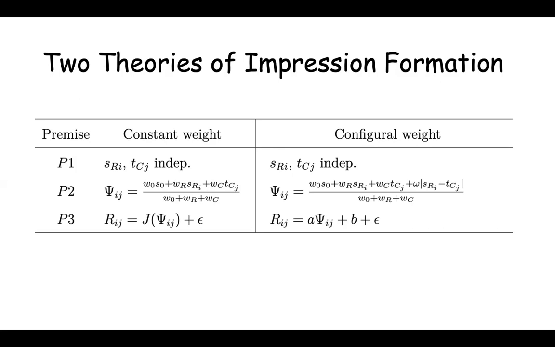When we go to rescale to additivity, or in this case to the constant weight averaging model, we're saying, well, we're only assuming that the response scale is a monotonic function of subjective value. And the other interpretation is there's something else going on, that the interaction is actually real. And the interpretation that I was working with and continue to work with is a configural weight interpretation. And this looks just like the constant weight averaging model, except you'll notice a term there in the numerator, omega times the difference in the scale values. And what this omega times the absolute difference does, for a time this was called a range model, but it's a configural weight averaging model,